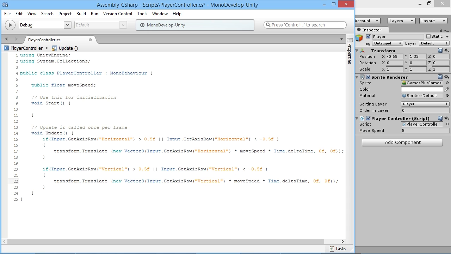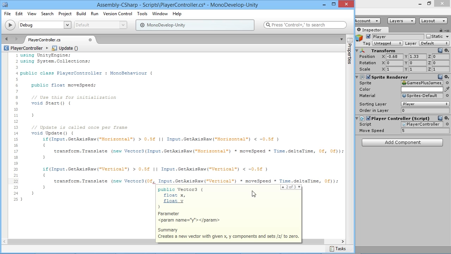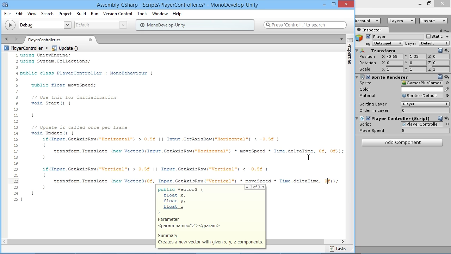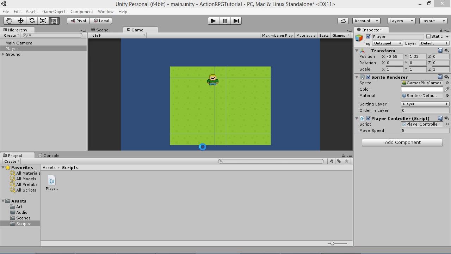But at the moment that's set to apply to the X movement of the player, which is not what we want to happen. We want him to move on the Y-axis, which controls the player moving up and down in the world. So basically here we have the X value, and then we have the Y value here, and then the Z value. So what we're going to do is delete the Y option there, and then before our input here we're going to type in 0f and then a comma, and now that's the X value, this is the Y value, and that's still the Z value. So we're going to save that, pop back in here, and now if we hit play,